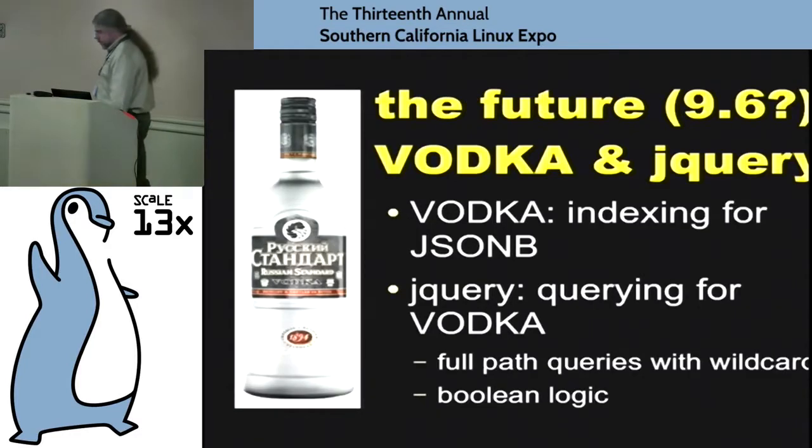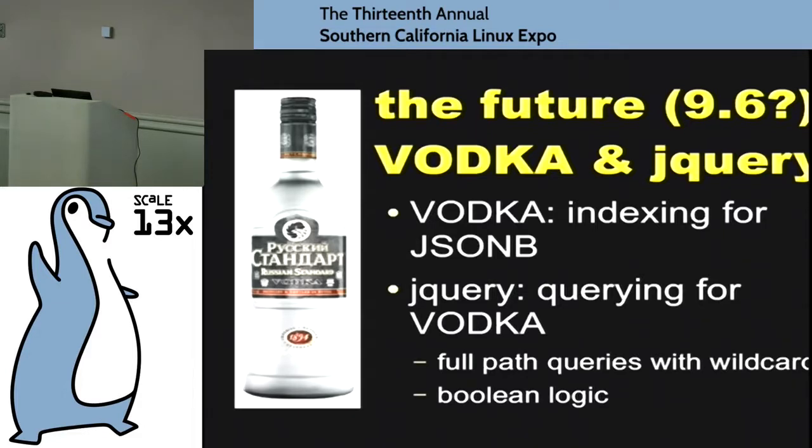Now, there was a question about wildcards. Our indexing geniuses from Moscow are working on a future incarnation of this for the indexing, which is called, appropriately enough, vodka, because we have GIN indexes, right? So now we need vodka indexes. And a sort of mini query language for JSON that they're calling jQuery, because it actually turns out that name is not taken.